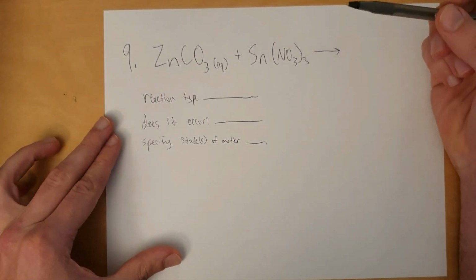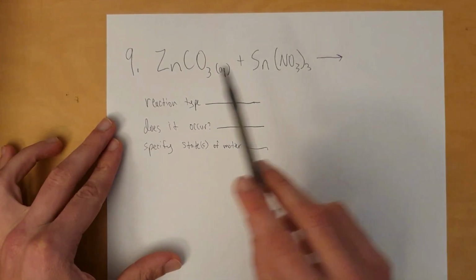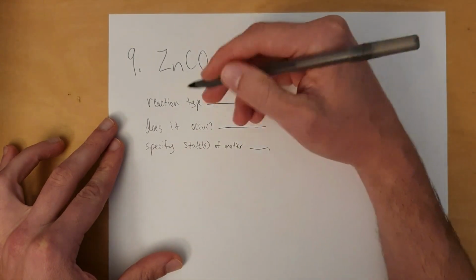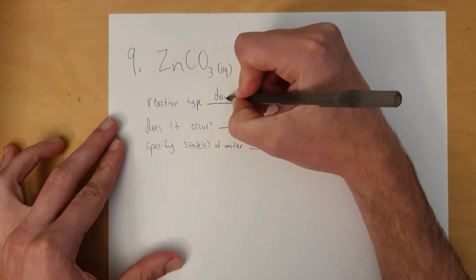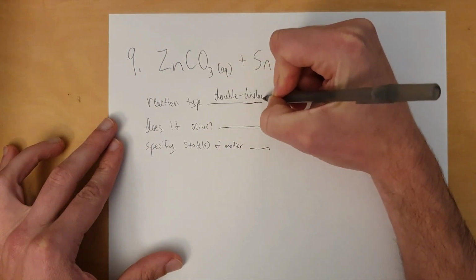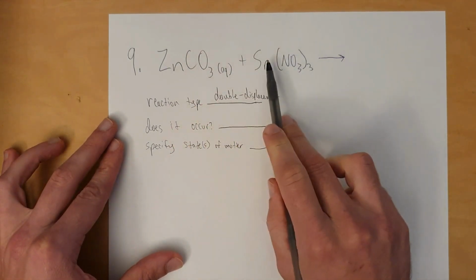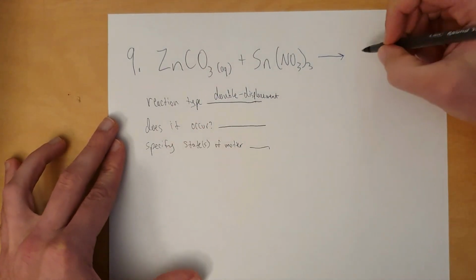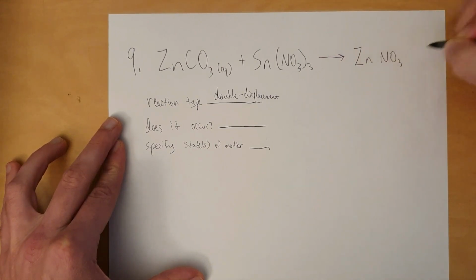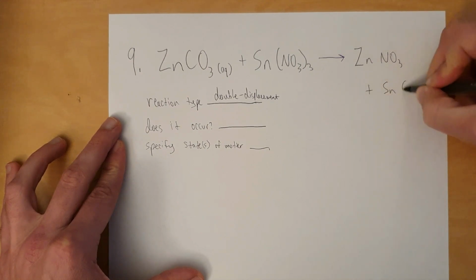Now let's look at number 9. My first attempt at this, I actually made a mistake, so I'm going to replace it with this. The reaction here would be a double displacement because we have two compounds, so double displacement it is. That means the zinc will go pair with the nitrate, the tin will go pair with the carbonate. So you're going to have some combination of zinc and nitrate, and you'll also have some combination of tin and